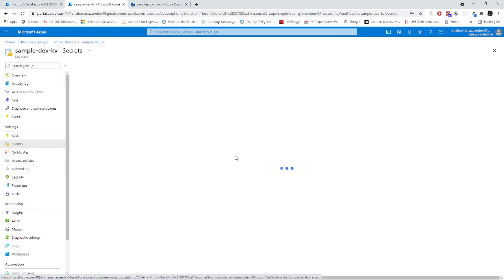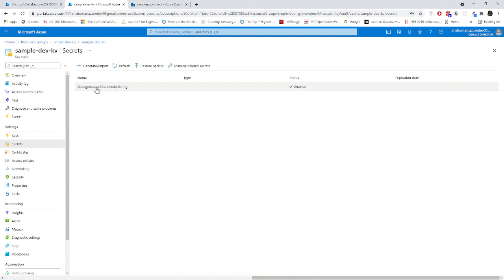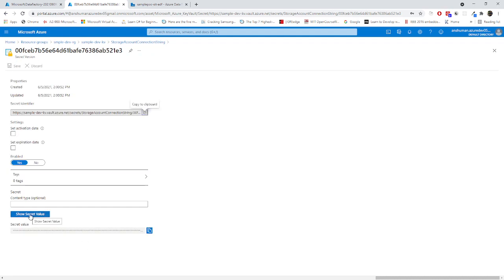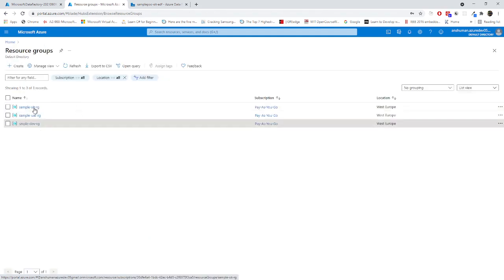Suppose you go to secrets. I have already created one secret for the storage account connection string. If we click here, click on the enabled version, you should see the connection string here. If you click on show secret value, you can see the secret value over here. That means in Key Vault we have already kept the connection string, which will be used in different environments of Azure Data Factory. Similarly, if I go to the SIT environment,